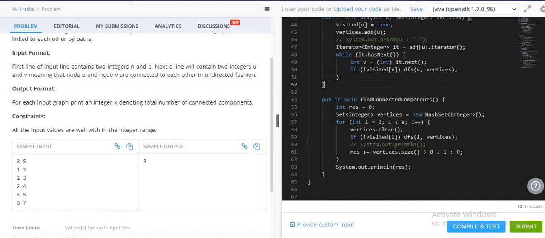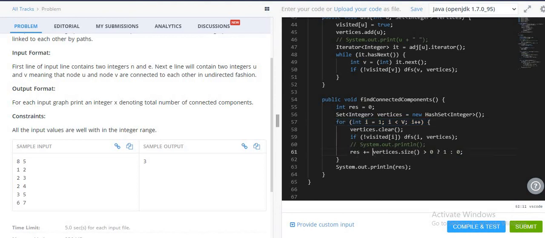And once it is done, if there are disconnected subgraphs, let's say from 1 to 2 there is an edge, but for the third node there is no edge from 1 or 2. Again, to calculate that, I will go to 2, then to 3, and that's the reason I have explicitly created this loop. Because if there are disconnected components, with the help of this for loop, it will explicitly visit each and every vertex. So that way it will keep on counting.